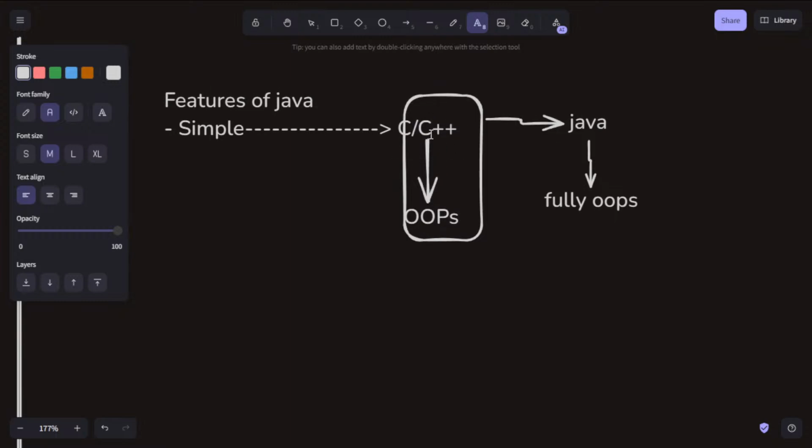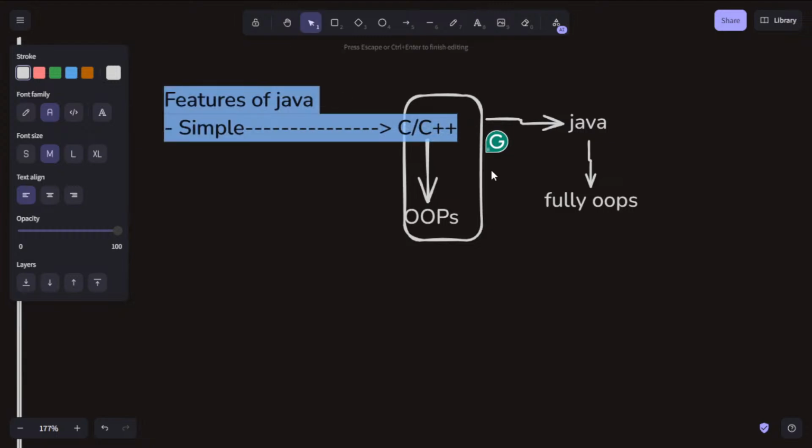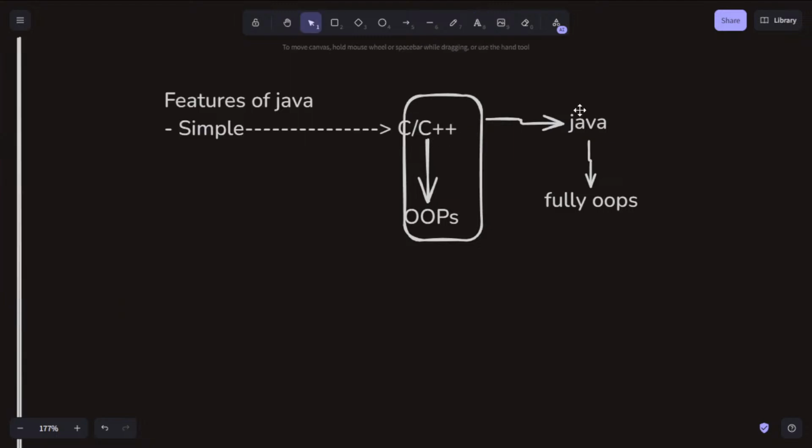From here we understand that Java comes from C++, so the concepts of C++ are also used in Java. Some concepts were not inherited in Java, like pointers and multiple inheritance. Some concepts are similar in Java, and some were removed from Java as they were in C++.